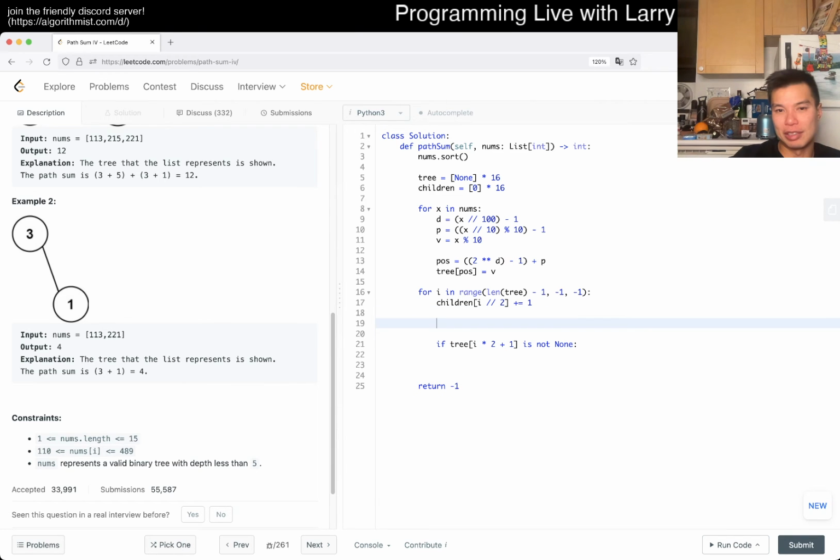If there's no children, then it is the child. That's the part that's always a little bit tricky as well. Yeah, okay, fine. If children sub I is equal to 2, then tree sub I, we times it by 2 because you want to double count it. And then otherwise you just kind of